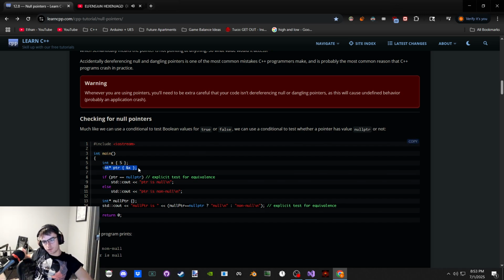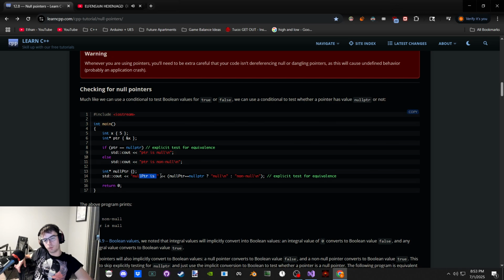Yeah, so we have x. Pointer is pointing at x. It's not null. It's non-null. Value initialize another one, and then output this. Yep. Pointer is non-null. Null pointer is null.